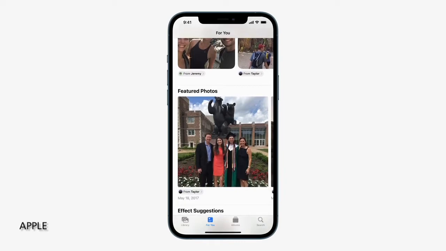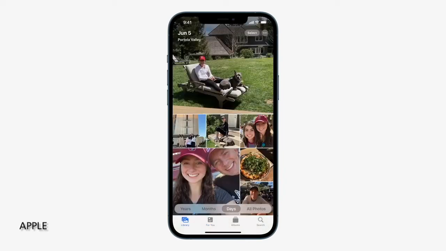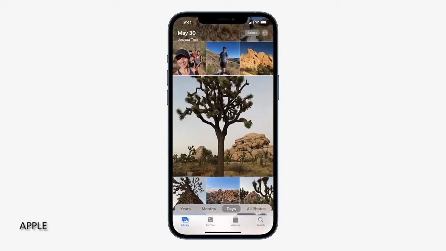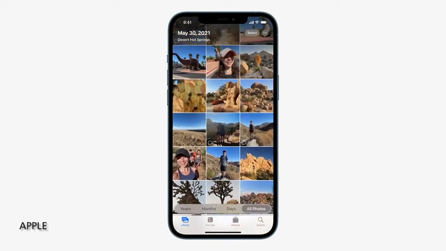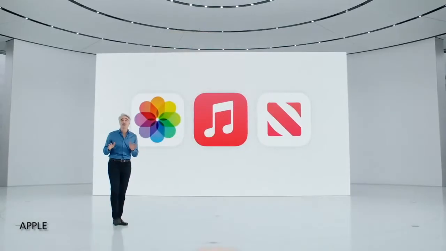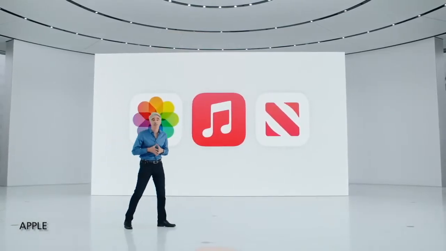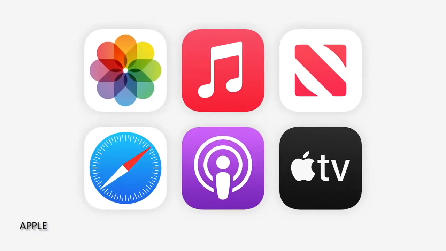And what's really cool is they're automatically brought over to my library too. So if I scroll back to that Joshua Tree trip and drill in, you can see all the great photos my cousins sent are right here with the ones I took, making my collection so much more complete with zero effort. In addition to Photos, Apple Music, and News, we've built Shared With You into Safari, Apple Podcasts, and the